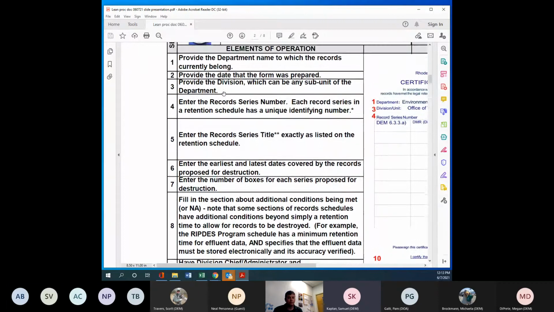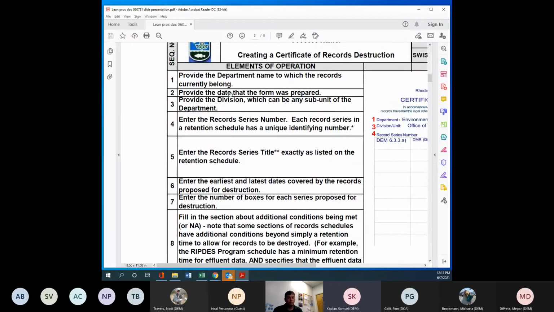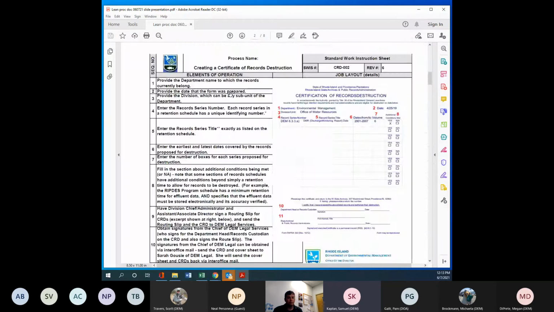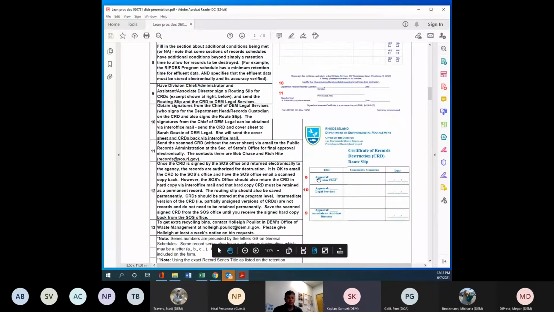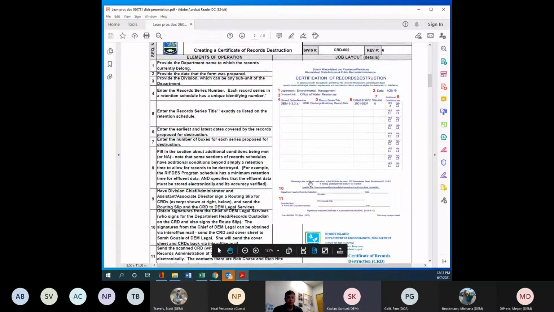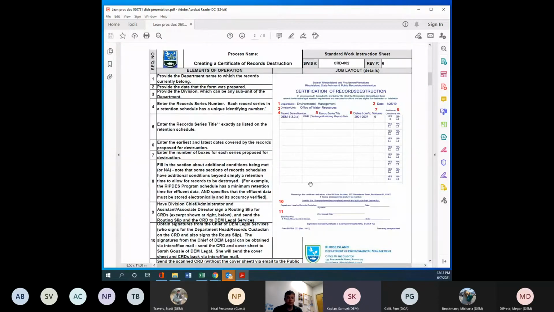On the left side, you see a step-by-step list of what steps need to be taken. On the right-hand side, there are pictures that relate to the steps of the process: what fields to fill out, what signatures to get, what people need to be put on the buck sheet or the cover sheet. Without getting lost in the weeds here, I'd just like to say that there are some